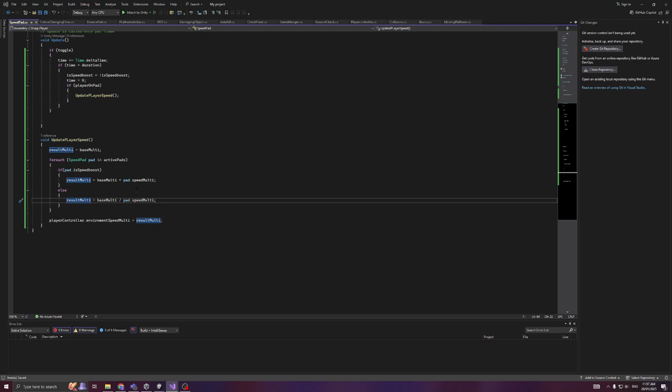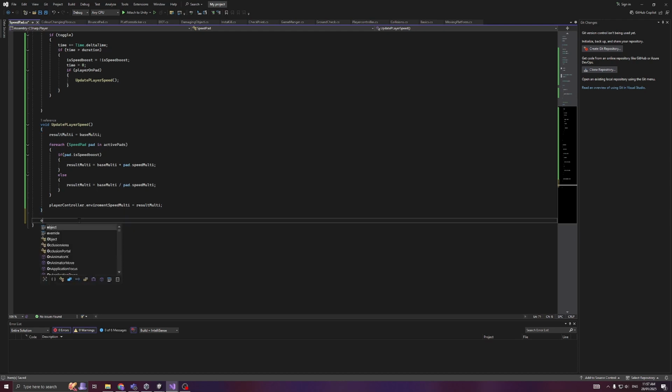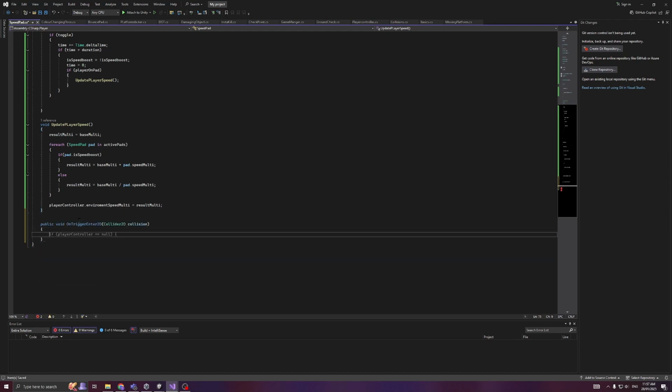Alright, so we're not going to use a collision on this. A collision would obviously work, but we're actually going to use a trigger enter instead. So we're going to go on trigger, and I clicked the wrong one. Alright, on trigger enter. We're going to then put our brackets back because we're just deleting them left and right today. Okay, and we're going to go if other. Actually, let's do what we've been doing on the other ones and call this col, because I like to call it col. If col